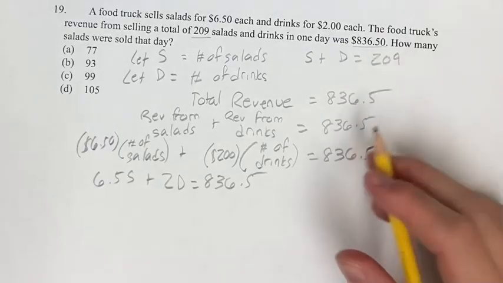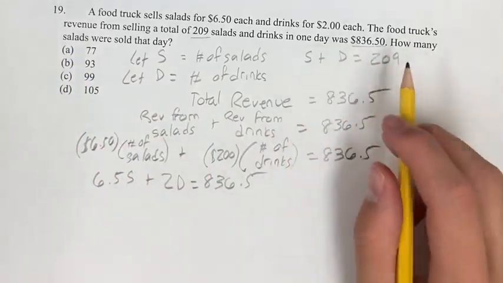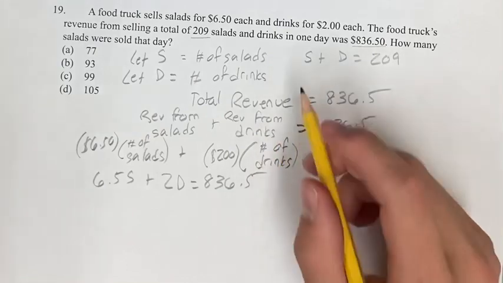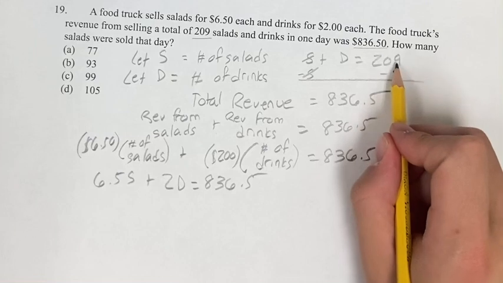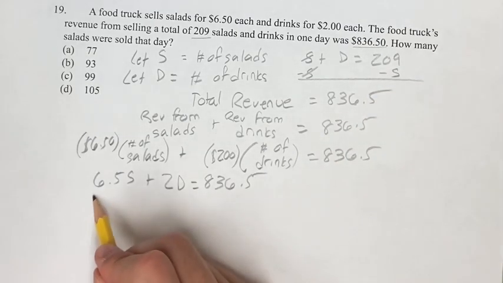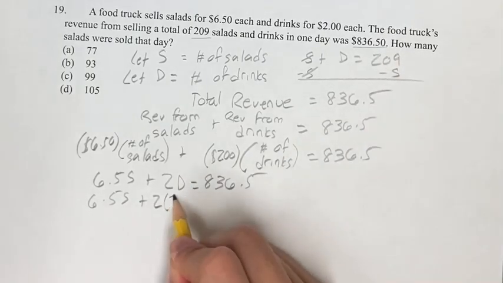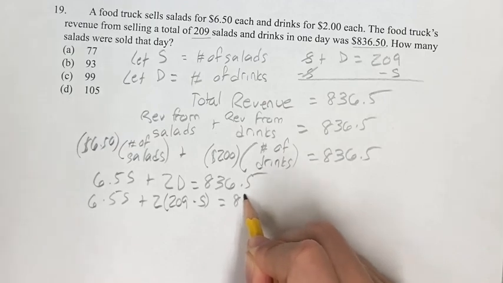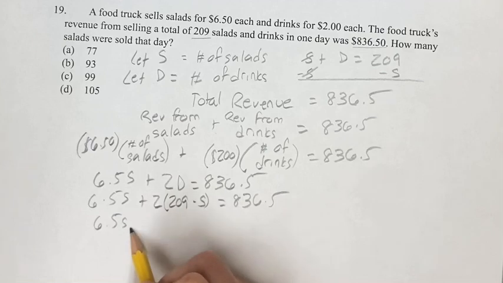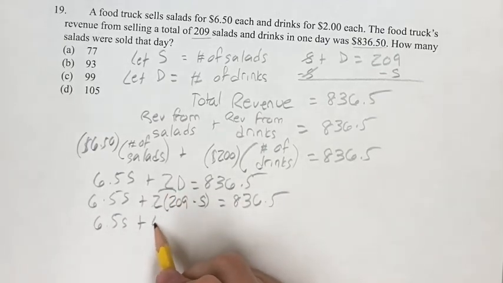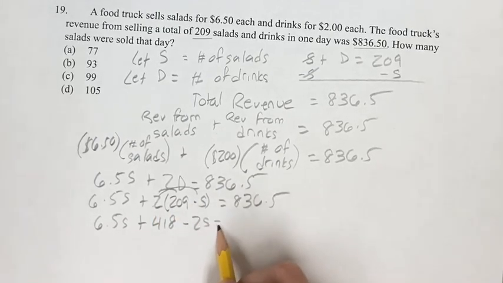In this situation, we want to solve for S, the number of salads. So if we come up here, we can do some substitution. We want to get D in terms of S. So we subtract S on both sides, and we get that D is equal to 209 minus S. So we have 6.5S plus 2, and then D we're saying is 209 minus S. You can plug that right into this equation, and now we have one equation with one variable and we can solve for S. So you have 6.5S plus 2 times 209 is 418, minus, don't forget the minus sign, 2S is equal to